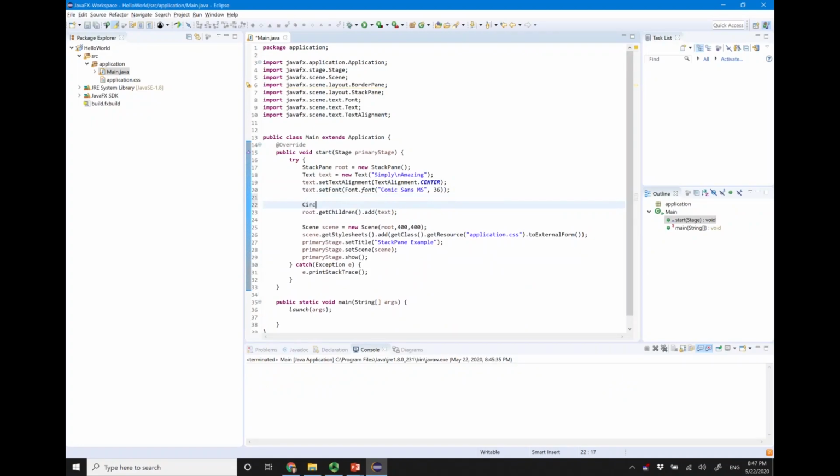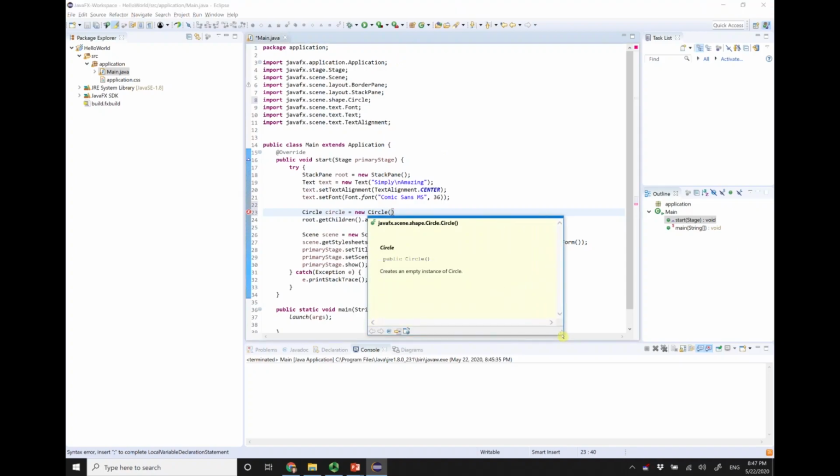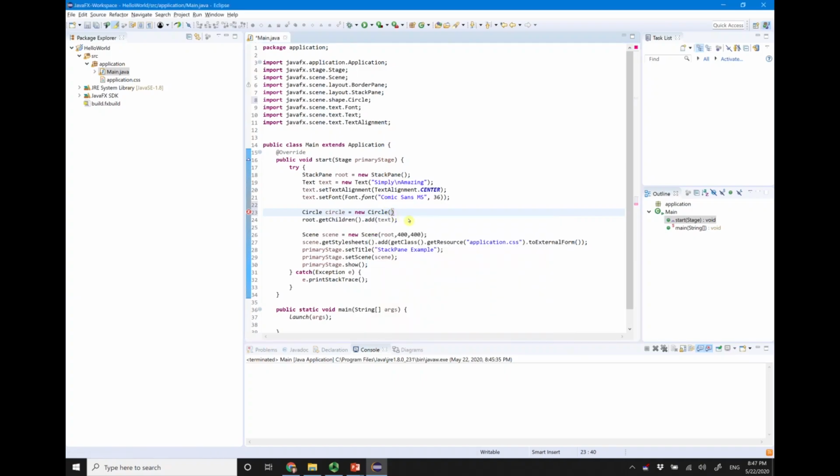So I'm going to add a circle equal new circle, and I'm going to give it the radius. If you want to know what to give it, JavaFX is always your go-to, right? So this creates a circle, but if I give it like 50,